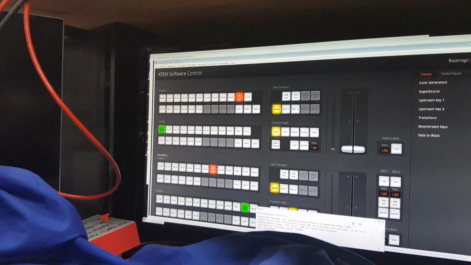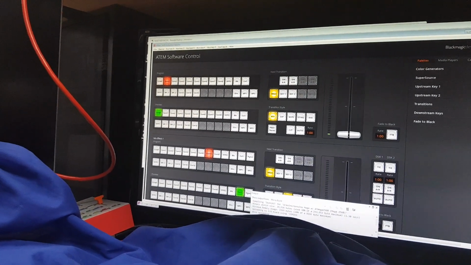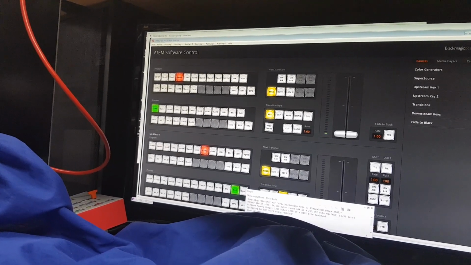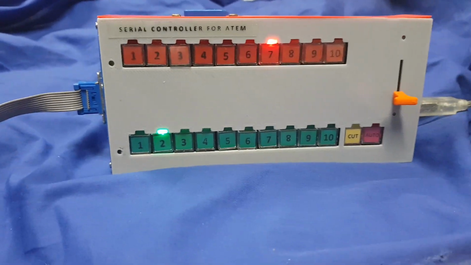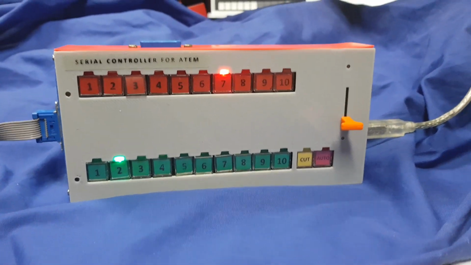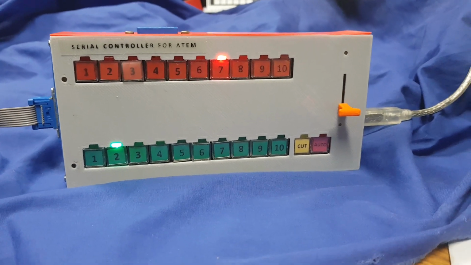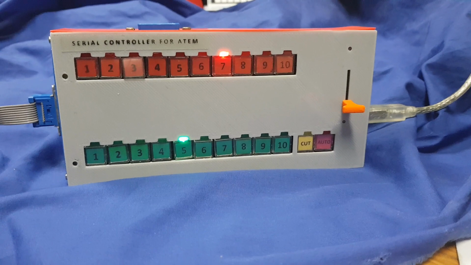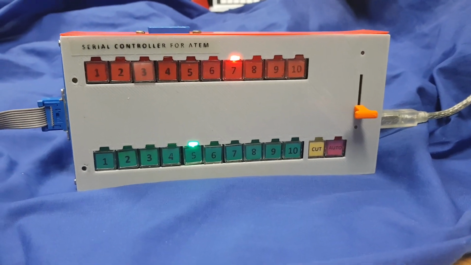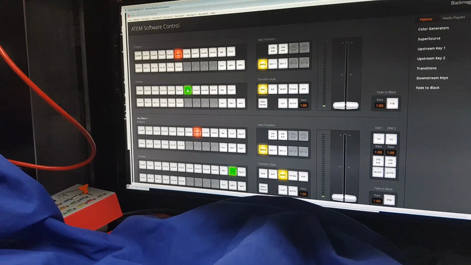As I'm switching now, you can see it's actually switching ME2. And of course, all functions on the unit, on the serial controller, are now being referenced by ME2. Even if I start selecting sources on ME2, you can see even those sources are being reflected. Oh, there we go. Back over on the